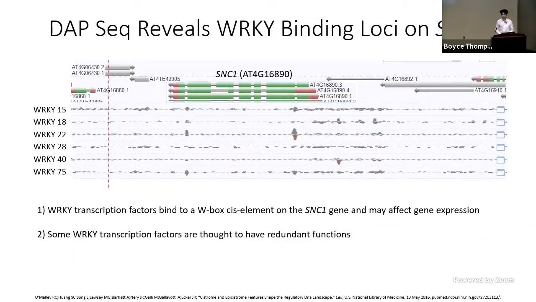Okay, so while BON1 is a regulator of the SNC1 gene, there are many others. And as the title of this project suggests, we hope to study the transcriptional regulation of NLR proteins, such as SNC1. So what we have up here in this blue box is a locus for the SNC1 gene. And down here, as shown by the titles WRKY15, WRKY18, WRKY22, WRKY28, WRKY40, and WRKY75 are blown up regions within the SNC1 locus that may reveal locations where there's increased binding between transcription factors and DNA. These areas of increased binding appear at these peaks, for example,